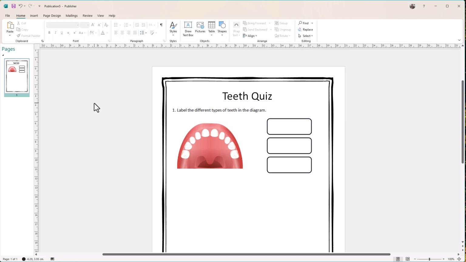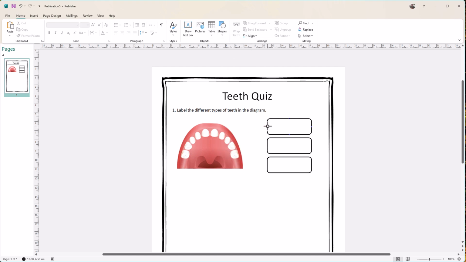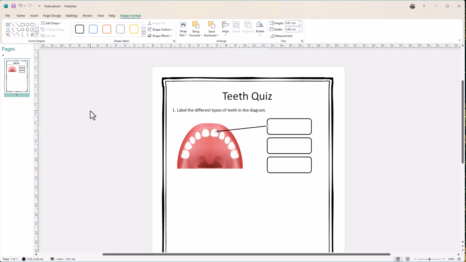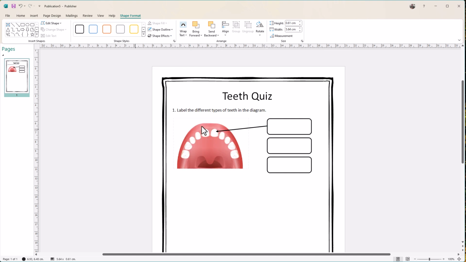I had them quite nice and neat. I'm going to then go to the shapes again. I'm going to choose an arrow shape, line arrow. I'm going to draw my arrow like so. If I want to make it thicker, I can go to the shape outline here, go to the weight and make that a little bit thicker, and I'm going to just copy that line, paste it down and move that